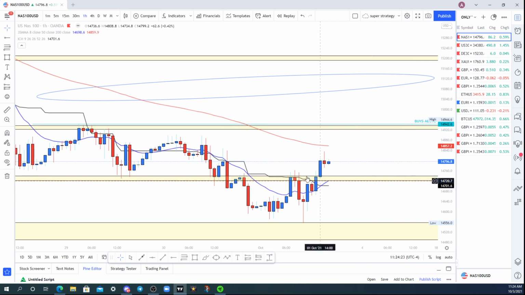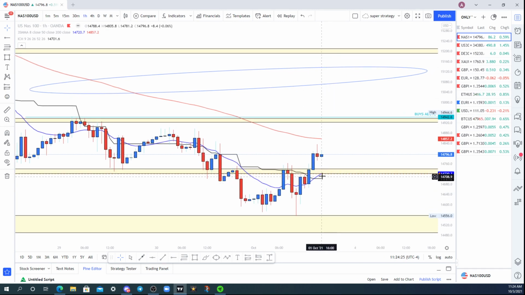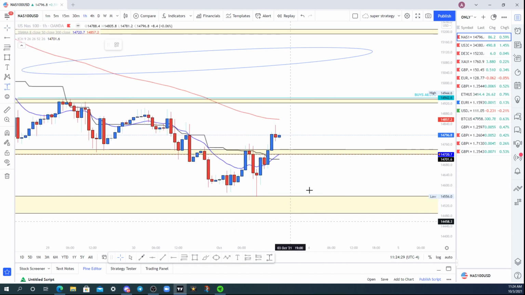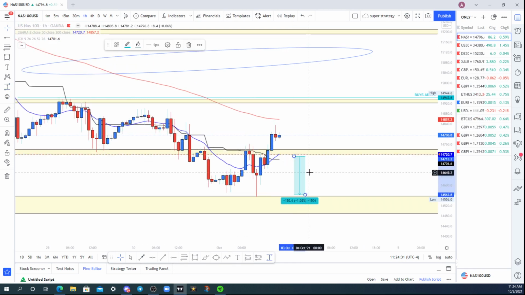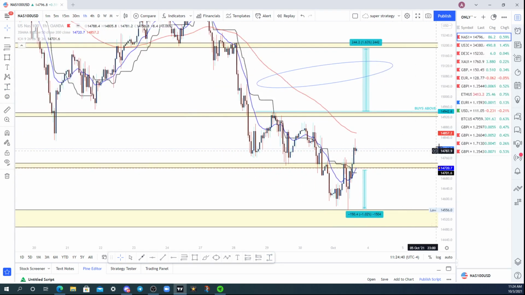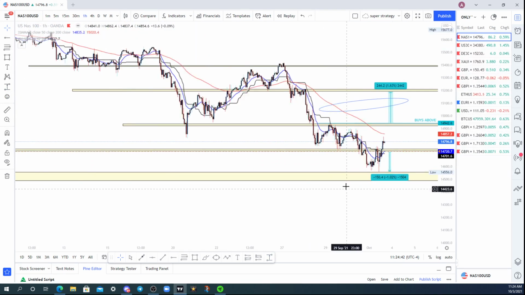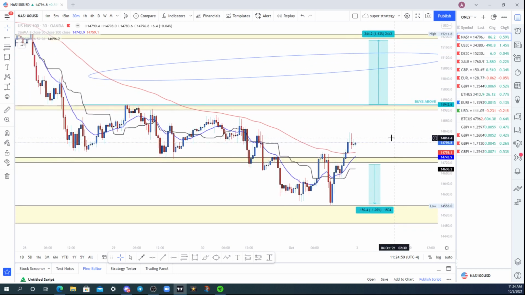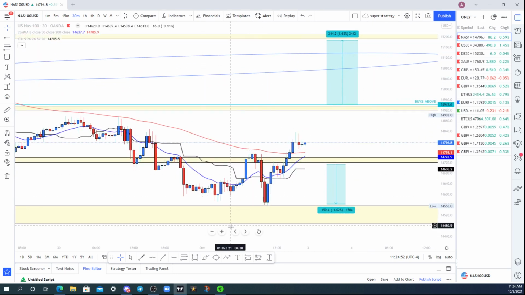So now we have our sell level here, because once they start breaking that 8 SMA, we might come down and test this wick over here for a big move. Right over here, 1,500 points, pips, and we have a big move over here for 2,400 pips. Now we are bearish, so we do need to be very mindful that we are bearish here on the 1 hour time frame and the 4 hour. And the daily, right? So we do need to be very mindful of that and just see how we can possibly stay away from danger.